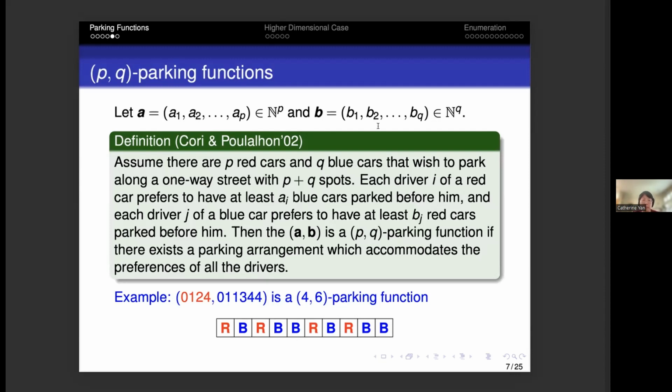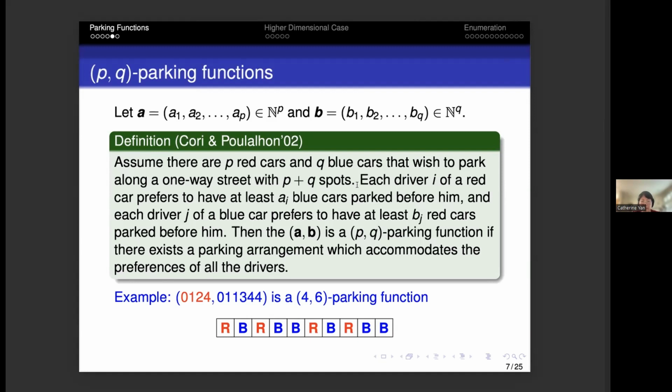So when do you define a parking function? In this case, they describe it by a parking description. You assume there are P red cars and Q blue cars. They want to park on a street with P plus Q spots. The condition is, for each driver I of a red car, the driver wants to have at least AI blue cars parked before him. And vice versa, each driver J of a blue car wants to have at least BJ red cars in front of him. If you can find a parking configuration that accommodates all the requirements,